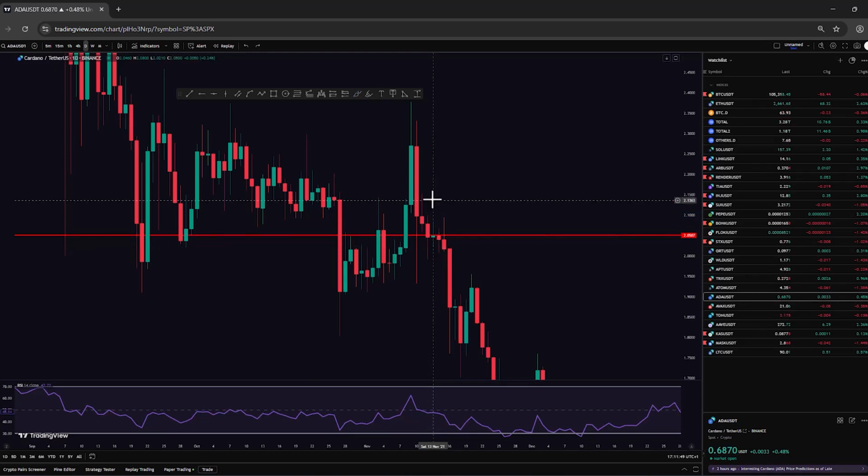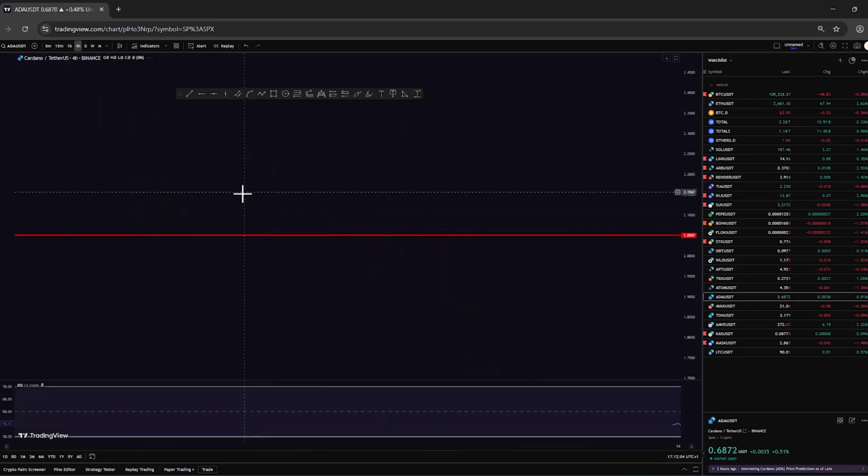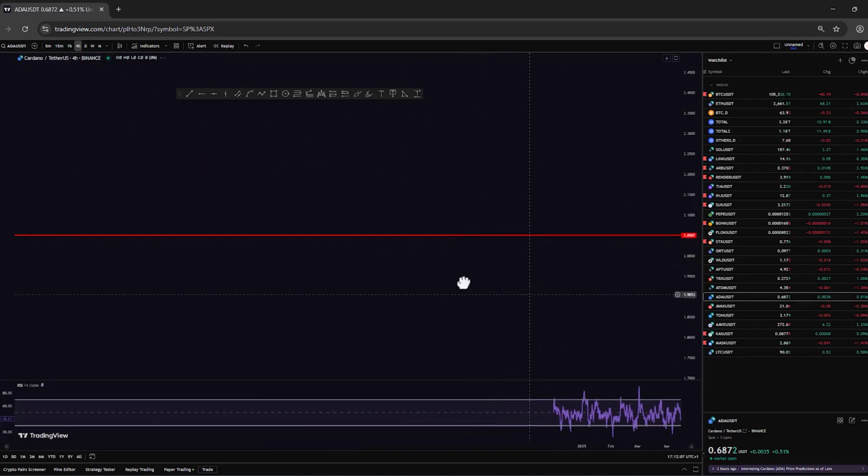Let me explain it to you. Do you see this small candle on the daily time frame? It's got a big heart. On the 4-hour time frame, this is considered a pullback candle. Let me put it this way, better I draw it. This on the 4-hour time frame is a pullback.